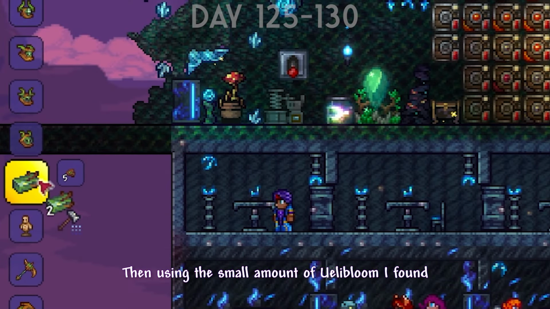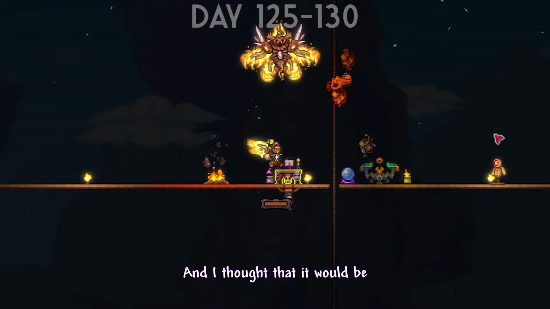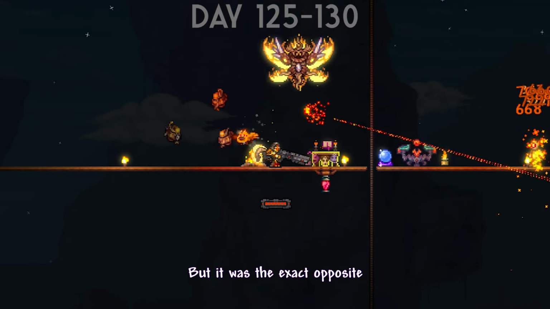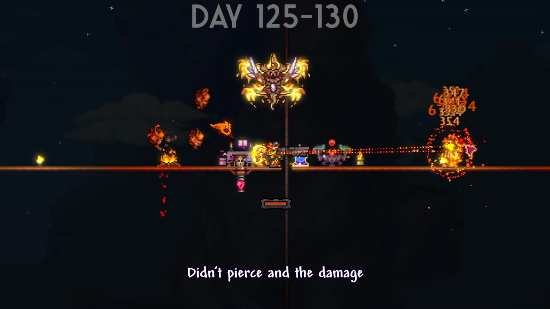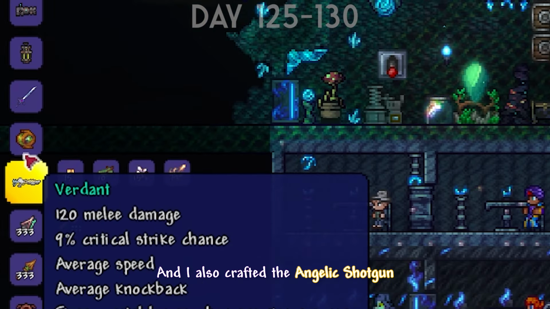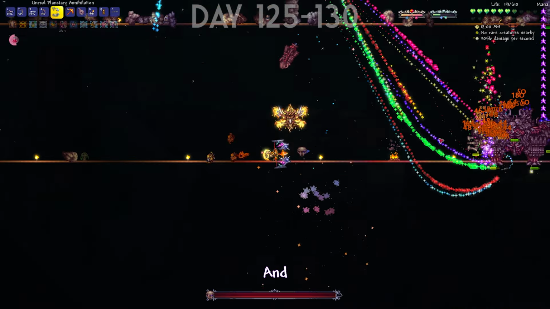Then using the small amount of Eulibloom I found, I crafted the heavy laser rifle. And I thought it would be kind of like the Gatling laser, but it was the exact opposite. It fired a laser that was really slow, didn't pierce, and the damage was kind of low. And I also crafted the Angelic Shotgun, and that was kind of cool. I tried beating the Ravager again, and